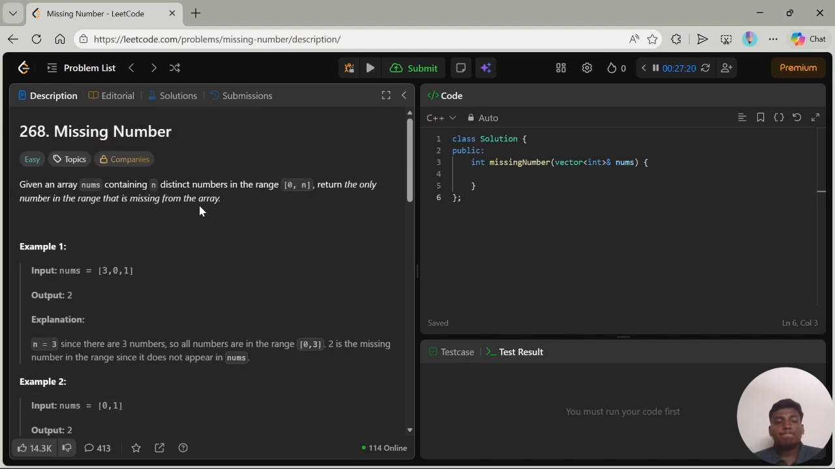Basically our approach will be to use the Gauss summation formula. The sum of all integers from 0 to n is n into n plus 1 by 2. This is a small formula we will use for solving this question. So what we will do,